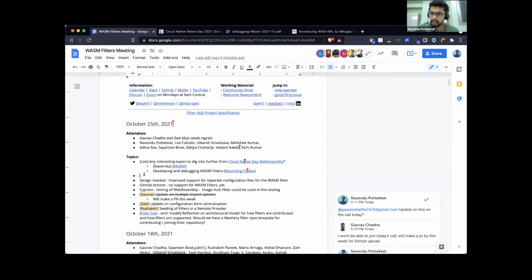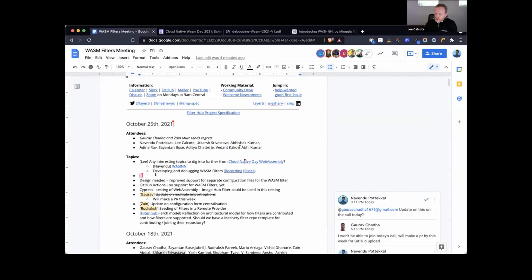So Abhi, would you be showing the configuration for filters right now? So yes, I dropped this on Abhi. Actually, this might be more of a design need here.